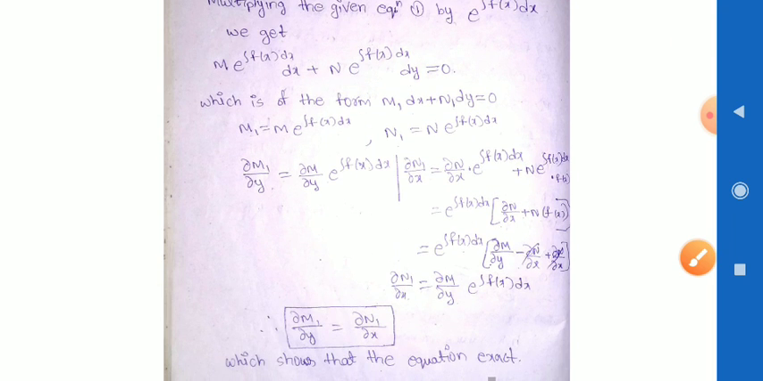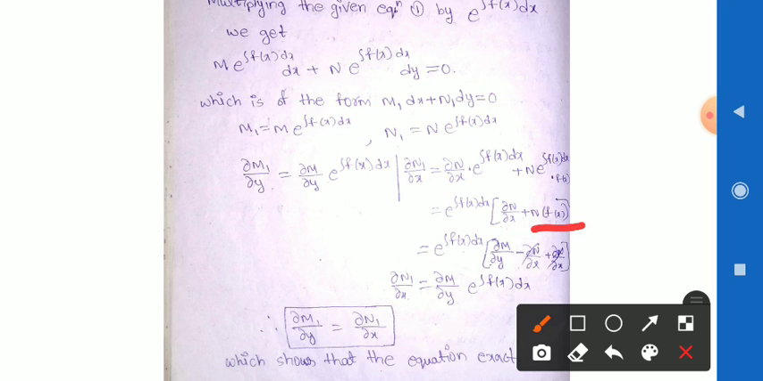For n into f of x value, I am substituting from equation 2, we get dou m by dou y minus dou n by dou x plus dou n by dou x. And dou n by dou x is cancelled. We get dou m by dou y, which is dou n by dou x is equal to dou m